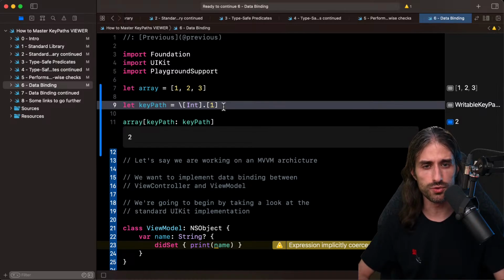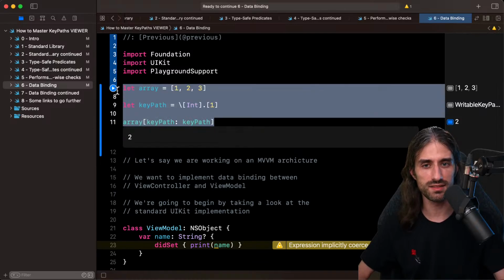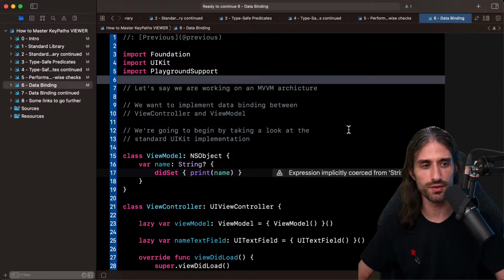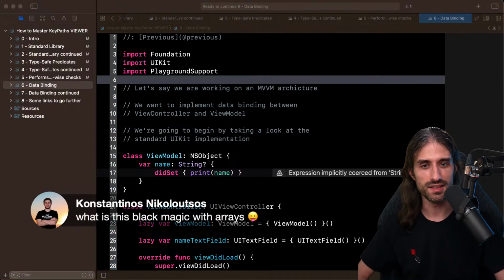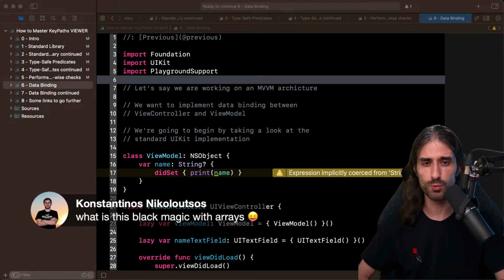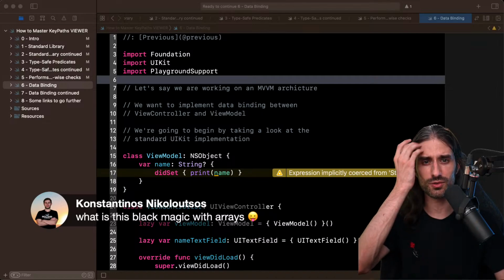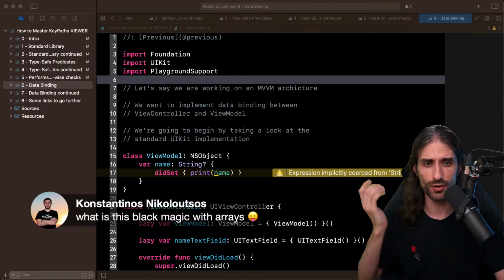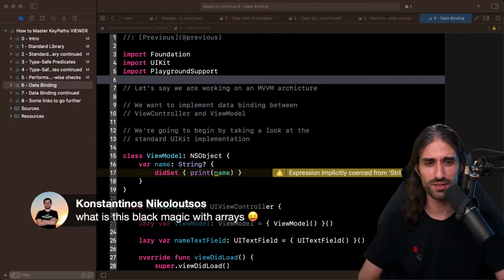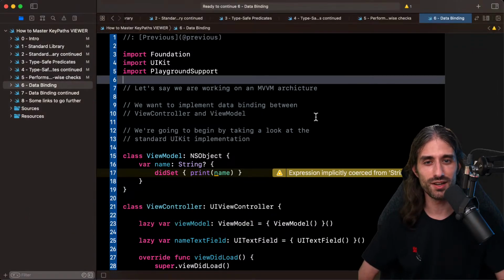But good point to mention it. You can take key paths for elements in arrays and dictionaries. And if you want to learn all the details about it, there will be links in the last page of the playground with them. And yeah, definitely agree. The first time you see it, it's kind of like black magic. To be honest, I learned about it quite late when I read the Swift evolution proposal, but I had been using key paths for quite some time before, and I've never needed to use them. But it's nice to know that they do exist. But it definitely feels like black magic.